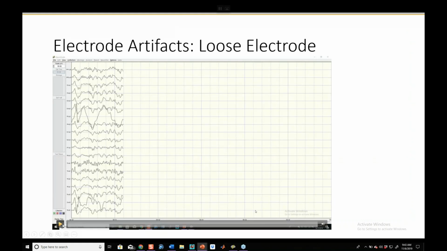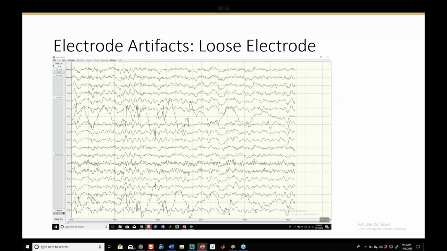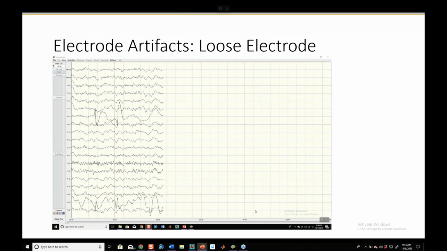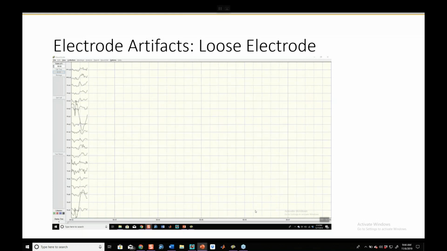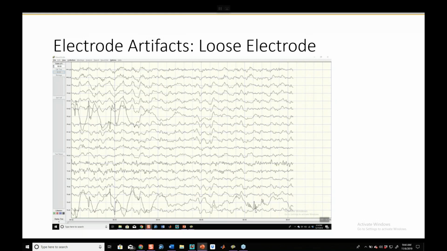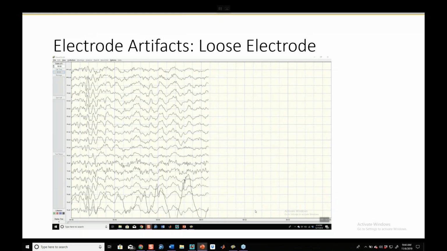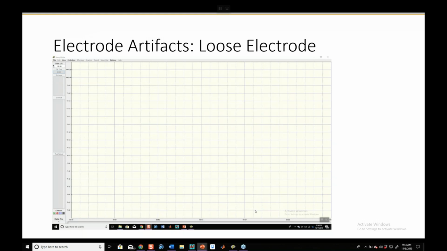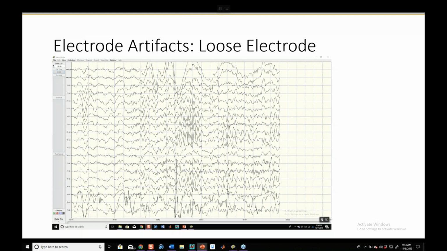So in this case, what we have is a loose electrode. Pay attention. And you might say, oh yes, I see that there. Now there's not one but two, right? There's one in the middle, and then there's one near the bottom. And then they stabilize again. That one near the bottom, he sure is doing his own thing. So I know for a fact that what we have is a loose electrode, or in this case, a pair